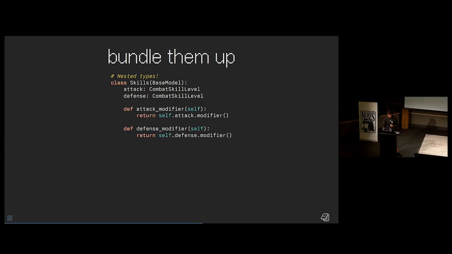I would love to see somebody make it more complicated. And then we're just going to wrap those skills up into attack, defense, and note that those are combat skill levels, nested types. Again, low, medium, high for attack and defense. And because these are all just standard classes, you can define methods on those. So like attack modifier here will extract a numeric value for your modifier, +1, +2, +3, from low, medium, and high. And low, medium, and high are nice to work with because they're words that have meaning.